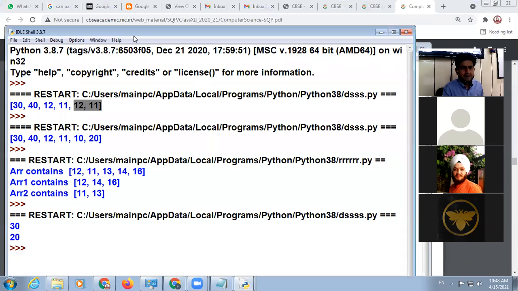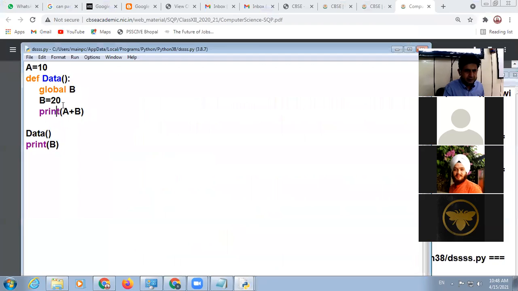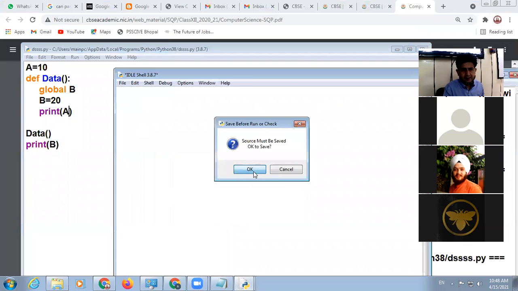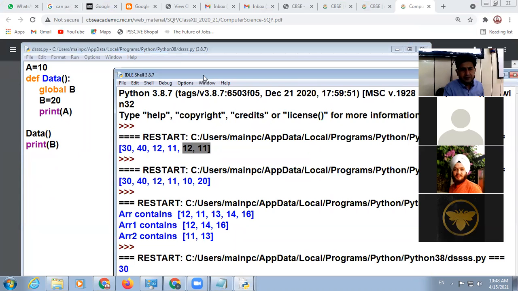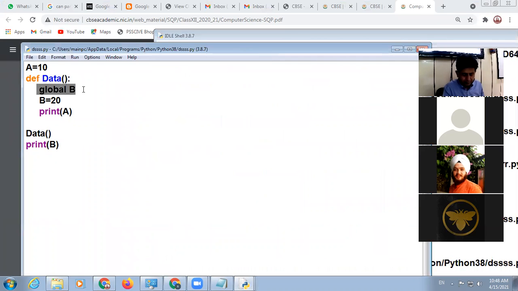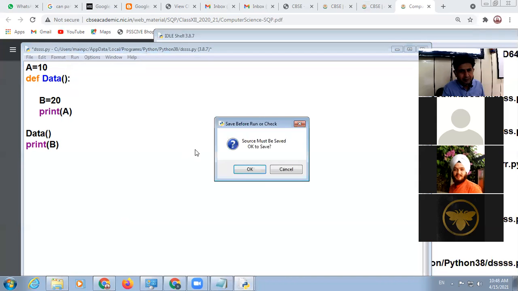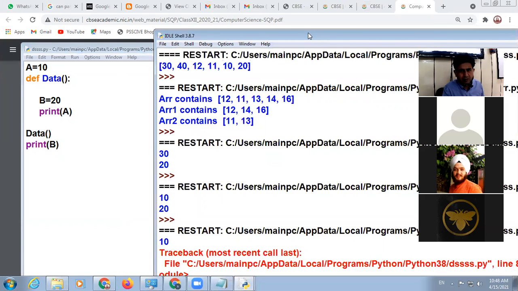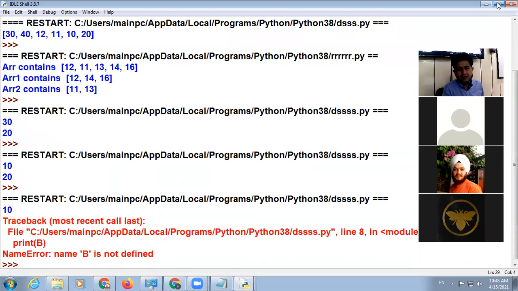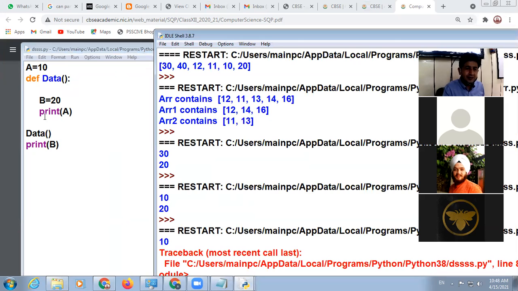So look at here, 30 and 20 both are here. So look at here, both are accessible. But if I am not making b global and I run the program, there will be an error because the accessibility of b is within the function.